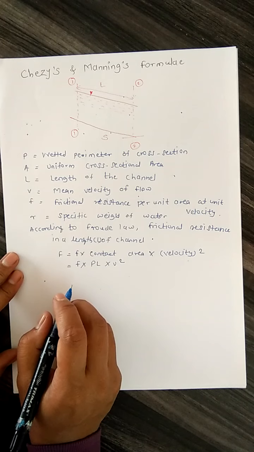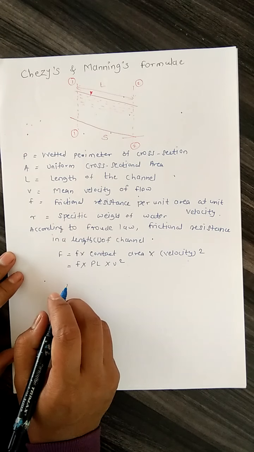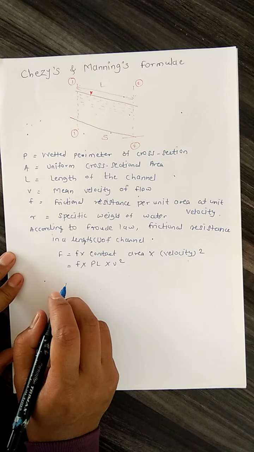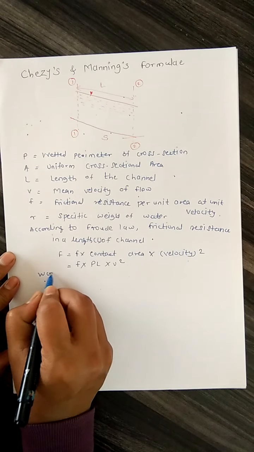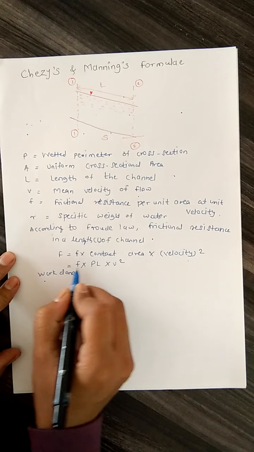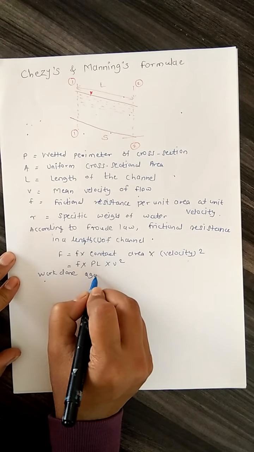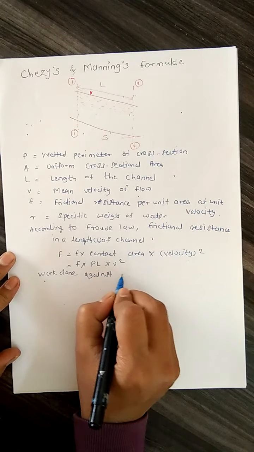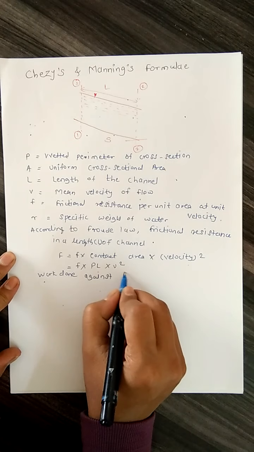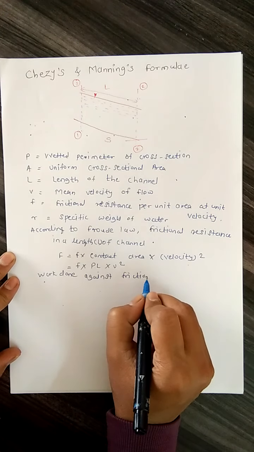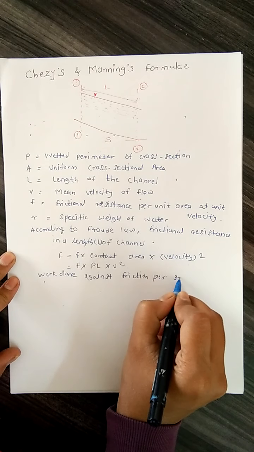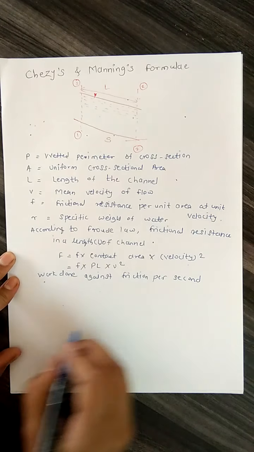So work done against friction per second is given by,